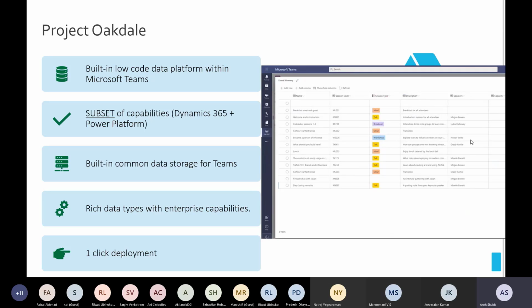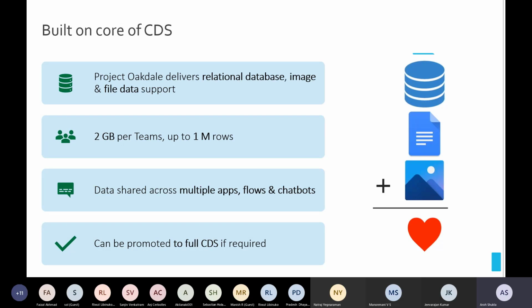However, for project Oakdale, your backend system will be CDS in general. The best thing about Oakdale is that you can have one-click deployment. I will show you in just 5 minutes in the demo, and then you'll have a clear picture of what I'm talking about. Again, the core of project Oakdale is CDS, right?